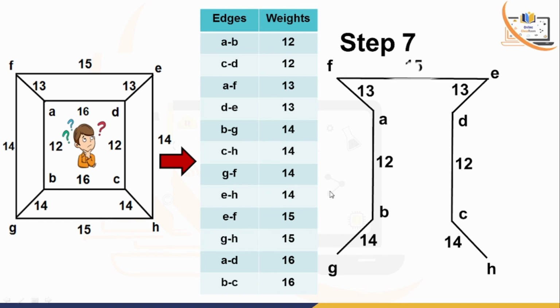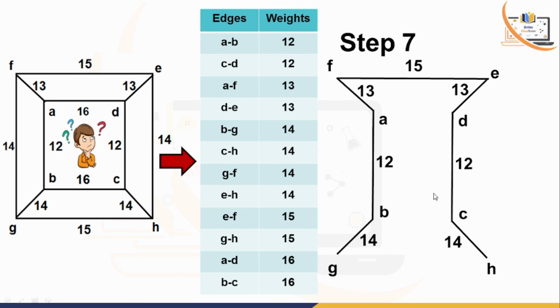So look, if I join the corresponding connection EF, still no circuit. And the interesting thing is all the points of this graph are connected, right? So obviously this is your required spanning tree, and the corresponding points like G, B, A, F, E, D, C, H, all the points are connected, right? So that is the minimal spanning tree, and using Kruskal's algorithm we get this kind of spanning tree.